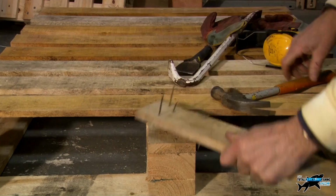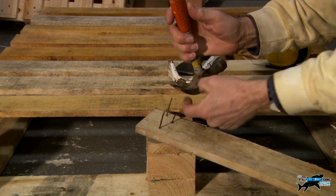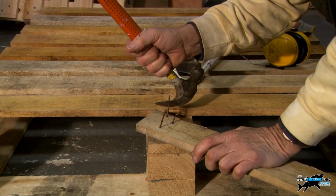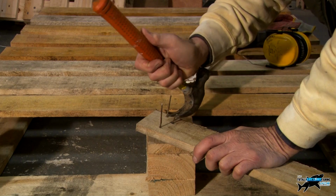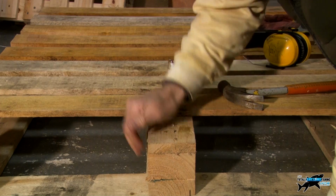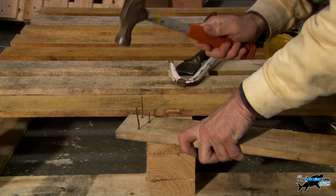Now what I do, to straighten them up, you can either knock them or you can just put the claw part of the claw hammer around the middle of the nail and just bend it back straight like that. Just get them all as straight as you can, using a twisting motion. And then use this block as a support so that you can overlap it, and you'll find you just tap the nail